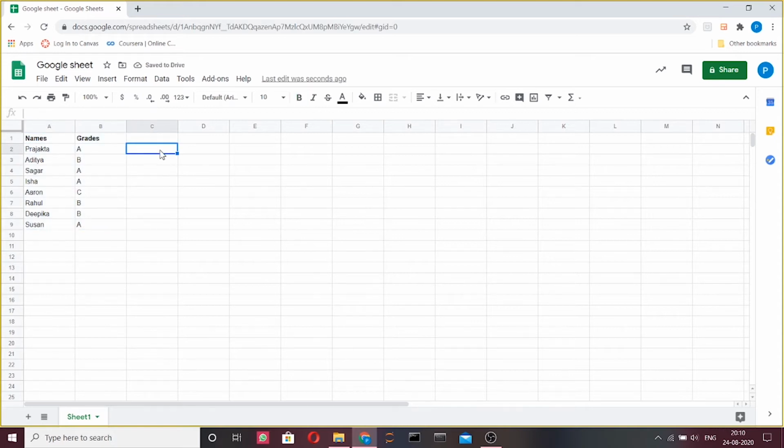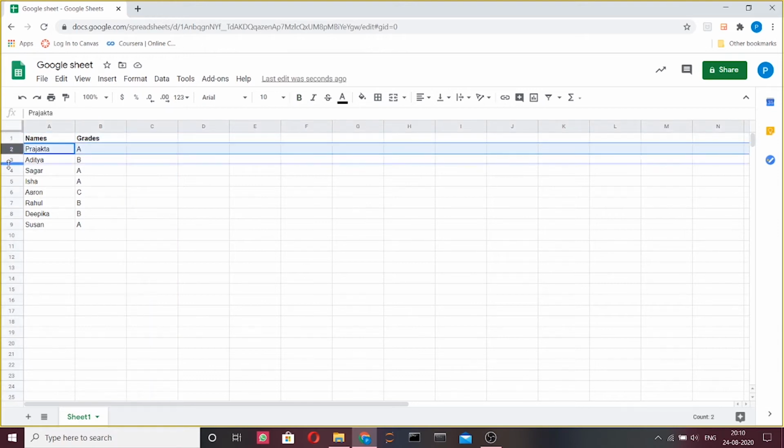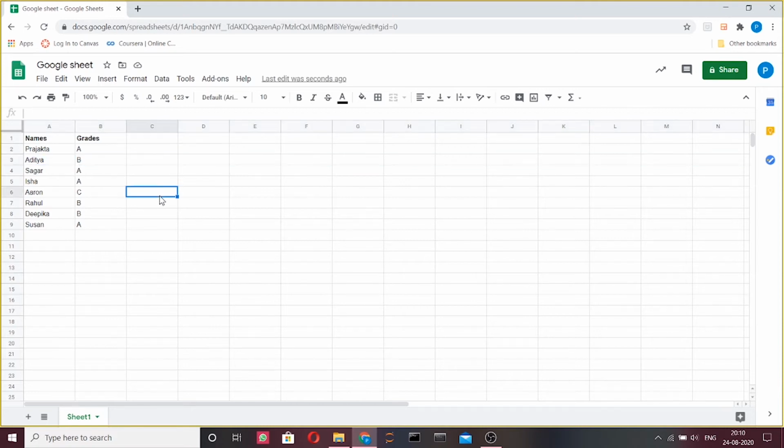Next we learn how to select an entire row or column and highlight it. For this, we select the header rows, that is A, B or C in case of columns, or 1, 2 or 3 in case of rows. Our next step is how to insert cells, rows or columns.